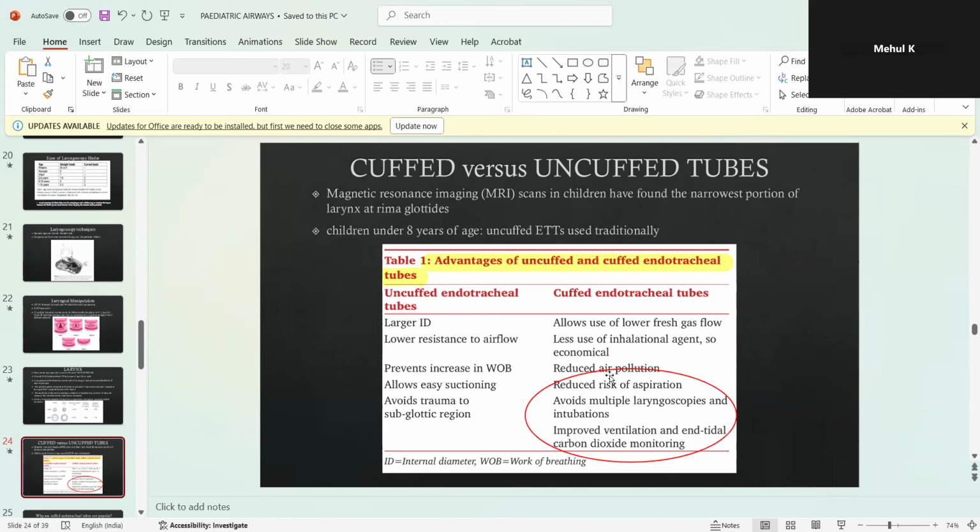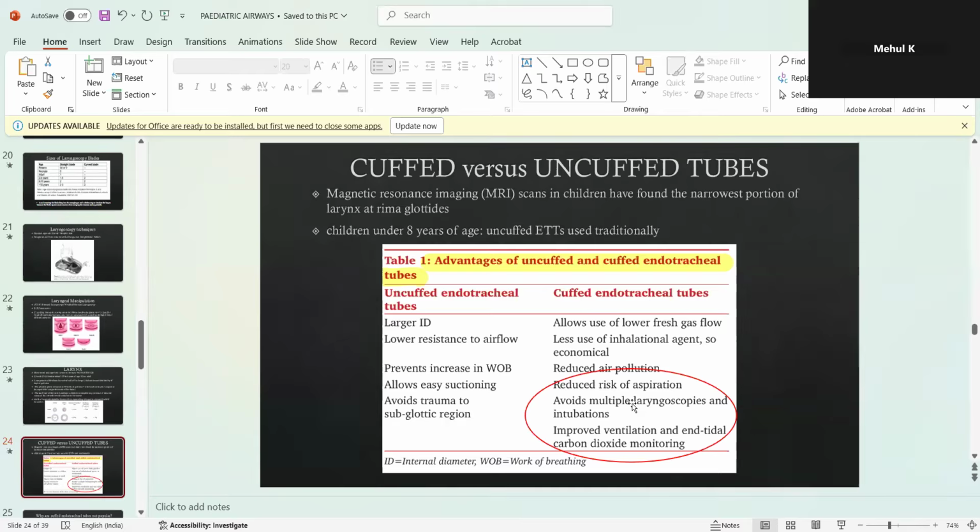But using a cuffed endotracheal tube, the points written above are very anesthesia oriented. But in an emergency, a cuffed endotracheal tube is the definitive airway. Uncuffed tube is not. So it provides you better protection with respect to the risk of aspiration. The issue with uncuffed tubes is always that you need multiple intubations so as to arrive at a proper tube size. Using a cuffed tube, by just inflating the cuff, you can ensure adequate seal,